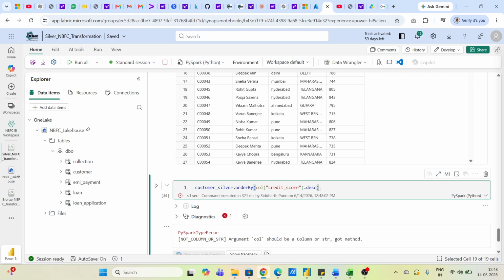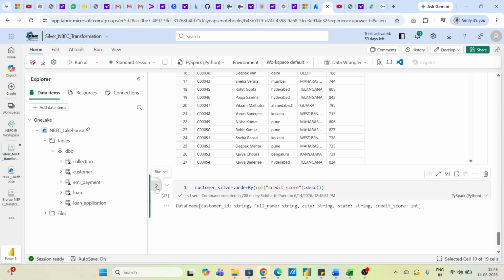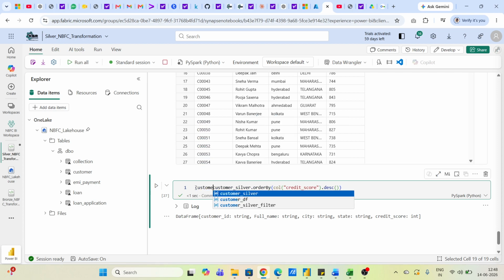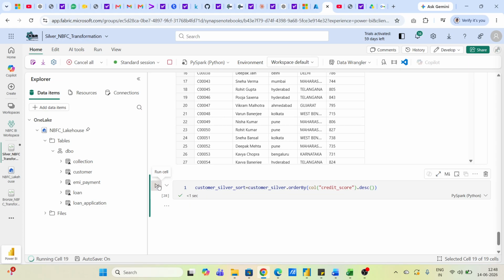So we would be giving a bracket. Okay. So for this one also we would be storing here customer_silver_sort equal to, right,